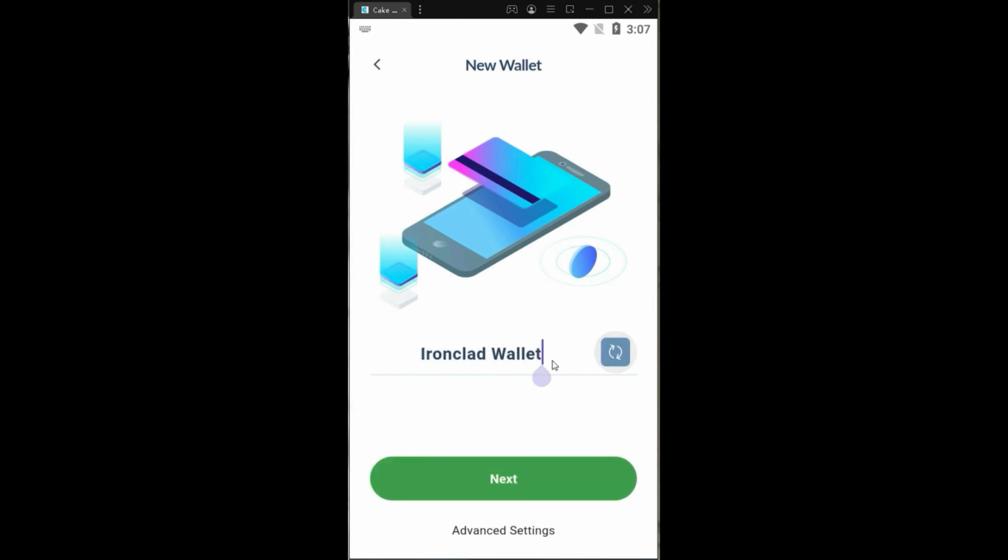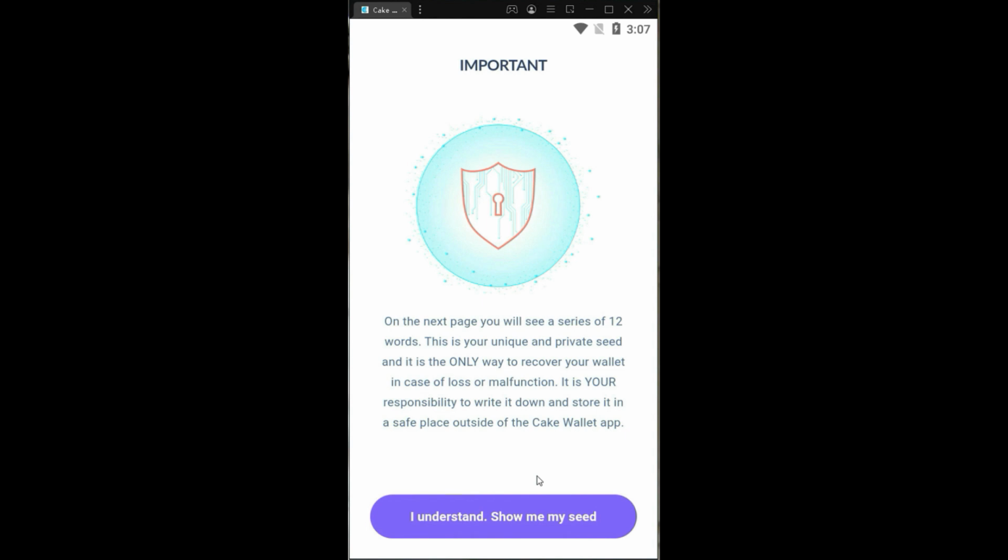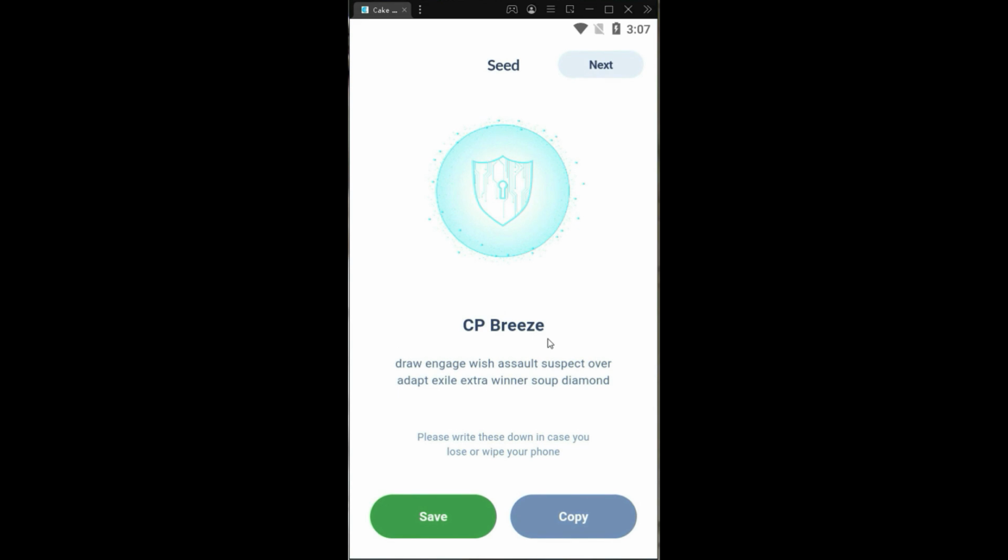Choose the Tron network, give it a name. You can generate a random name or create your own name. Then you will see the seed phrase. Keep it in a safe place because that's the way to restore your wallet, and don't share it with no one. Now that we have the Tron wallet set up, you can see the coin of this network called TRX,